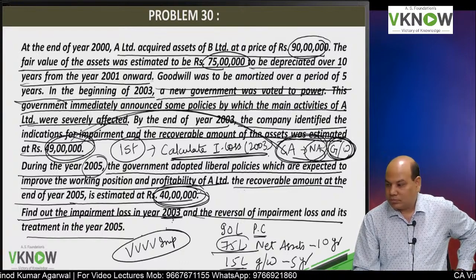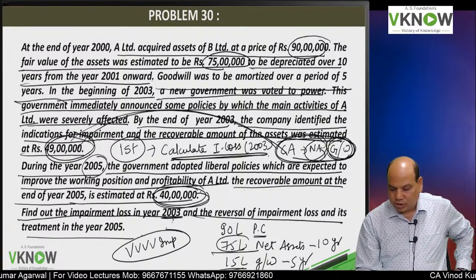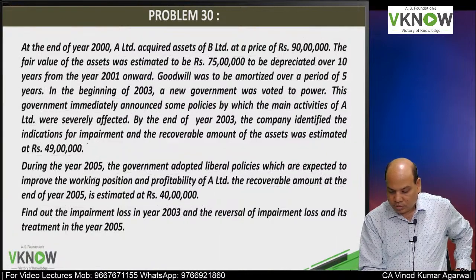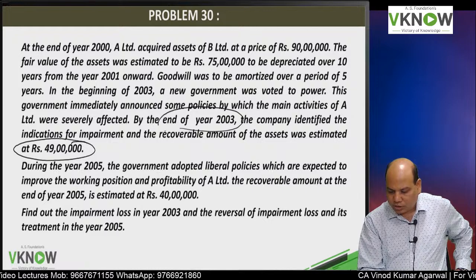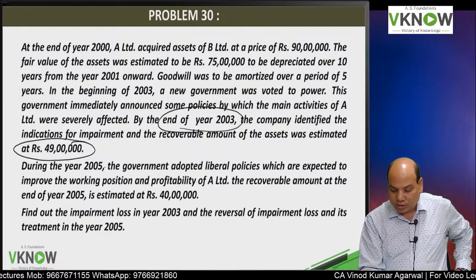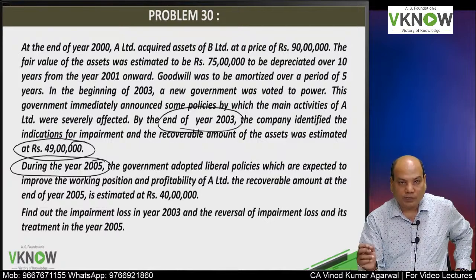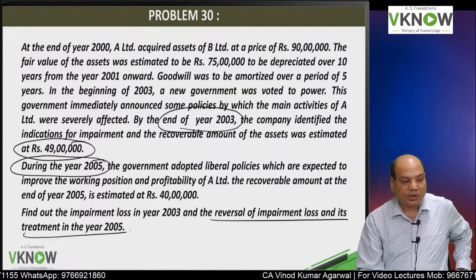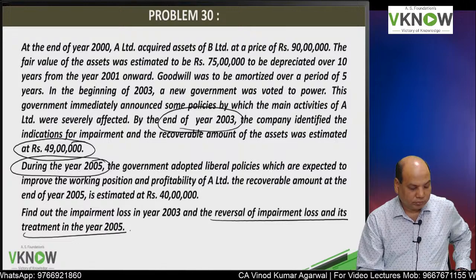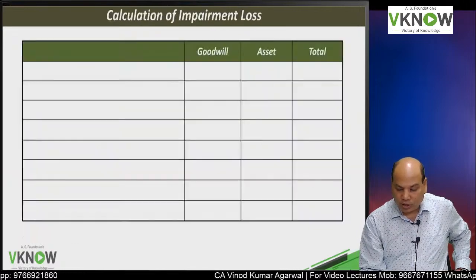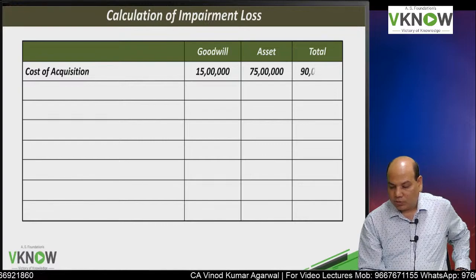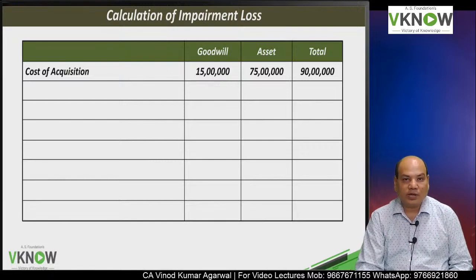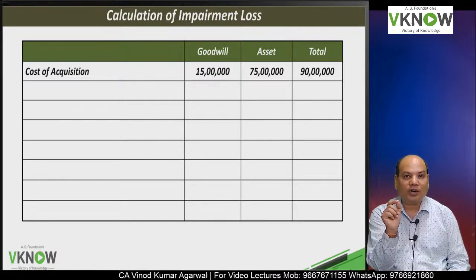Very good question. Very, very good question. So let us first find out part 1. What is part 1? Impairment loss in the year 2003. Then we'll calculate the carrying amount at the end of year 2005, and finally we will calculate how much impairment loss can be reversed. Okay, so I have given the format in the notes. To save the valuable time of our hard working students who are running short of time for the exam, please write down in your own handwriting, in your own book,